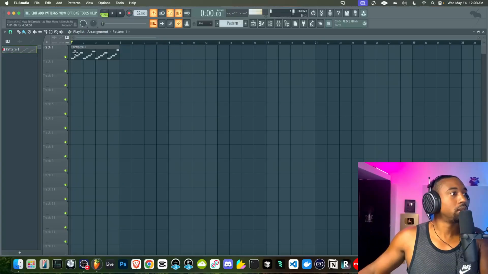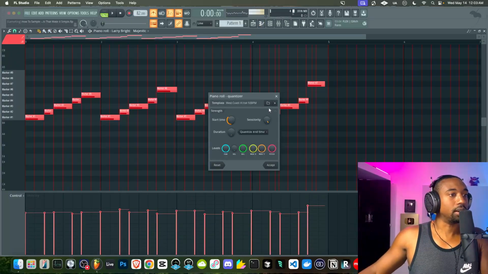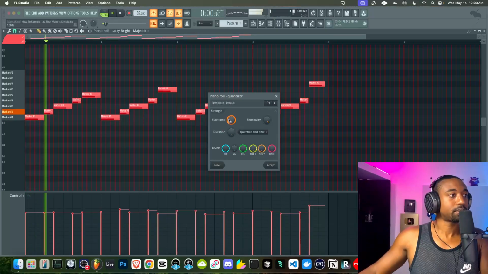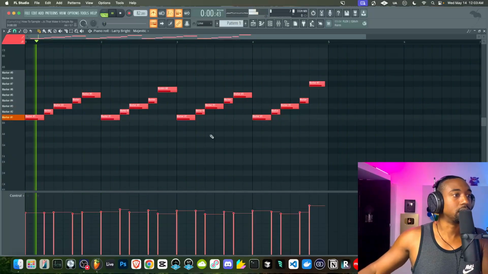Okay, so all I want to do here is just double click. Let's just hit Alt Q because it was hard to hear the metronome. And what we're going to do is, if you guys have a template, just click drop down, go to default. So see how I did not time stretch the sample?